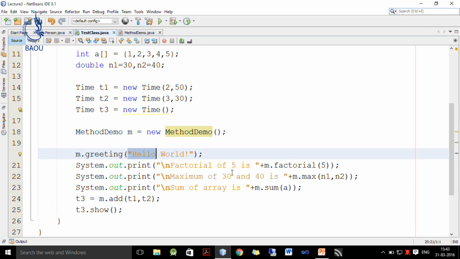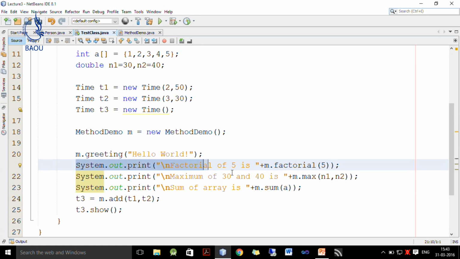Remember this is our argument, hello world. So, m.greeting will print hello world. Next I want to print factorial of 5. So, I write factorial of 5 is, and then I call m.factorial with argument 5. So, it will return 120, which is displayed here. So, it will print factorial of 5 is 120.